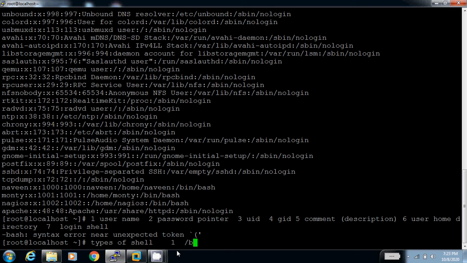First one is /bin/bash, second one is /sbin/nologin. The bin bash shell is used for those users who are able to log in to the system, and the second one is sbin nologin. As the name indicates, this shell is assigned to those users who are not able to log in to the system.